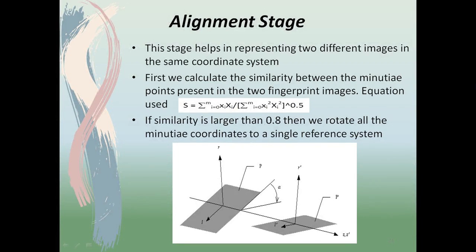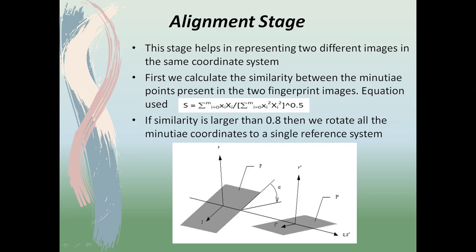Next, we move on to the alignment stage, which is the first stage in the minutia match block. Now, the alignment stage is an extremely important stage when comparing two fingerprint images. This stage basically helps in representing two different images in the same coordinate system, because we have to have